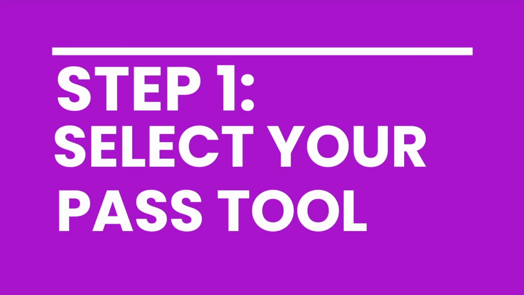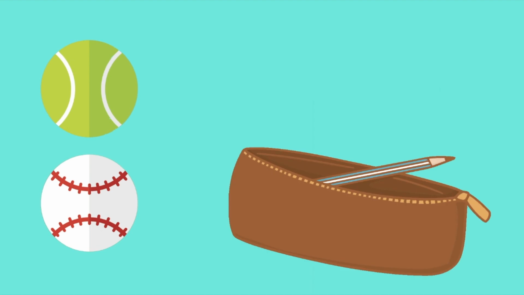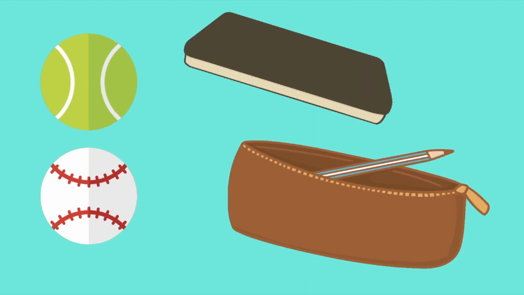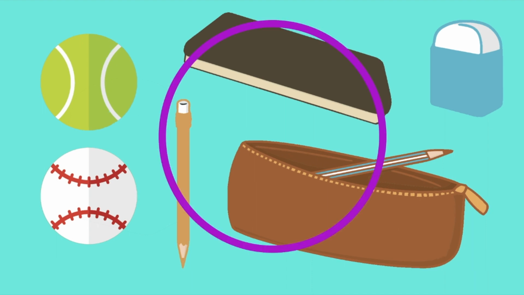This is a fun and exciting activity that you may know but sometimes forget as a closing activity for a lesson. For on-site lessons, you pick an object like a ball, a pencil case, the board eraser, or whatever you have in the classroom and pass it around a circle.